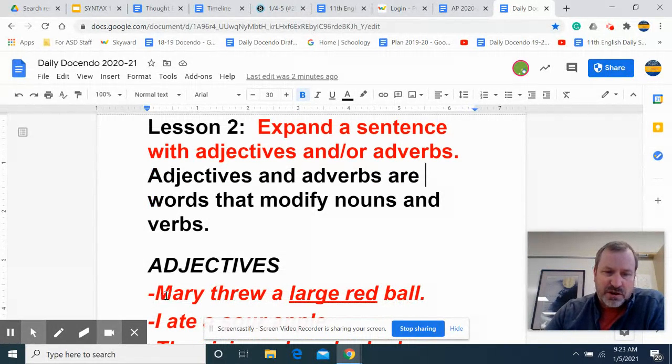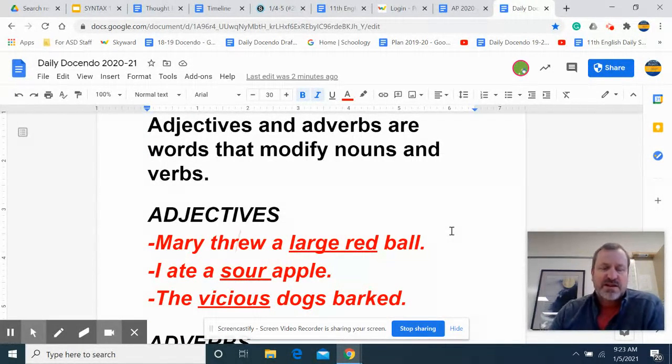So adjectives, we start with a sentence. Mary threw a ball. That's a subject, a verb, predicate, and an object, right? Well, we want to describe that ball, so we add a couple of adjectives. A large red ball. We wouldn't say red large ball, we would say a large red ball. Two adjectives modifying the object ball. I ate an apple, so that's very basic. I ate an apple.